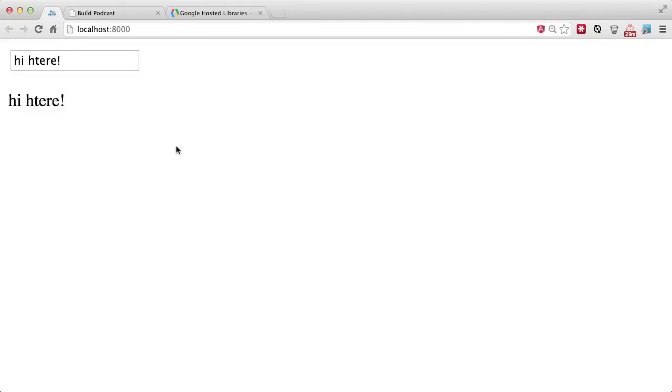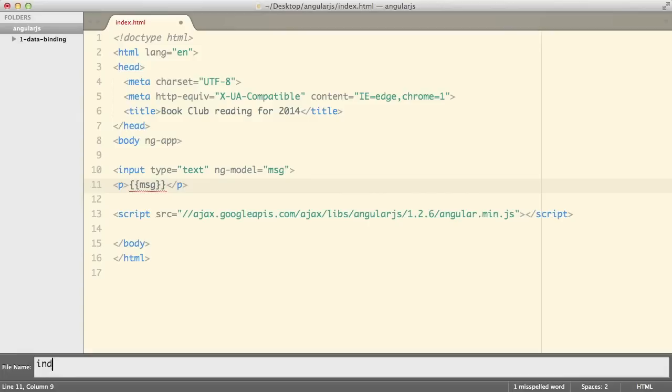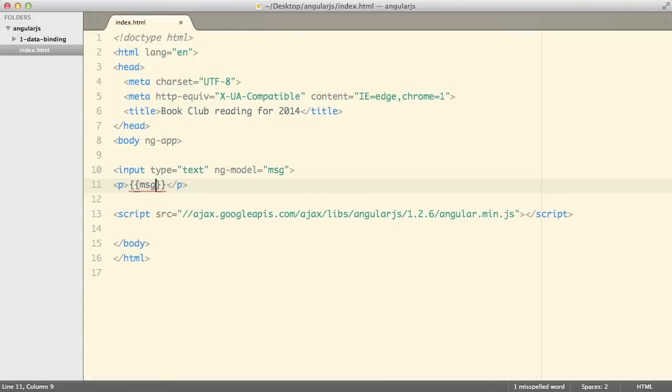So this is a very simple example. Let me just go ahead and create a folder, data binding, as the very first exercise, and I will go and transfer the file here. Alright, so next example, let me create another file, index.html, and I will start off from where we left off,